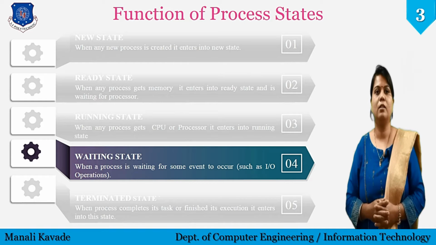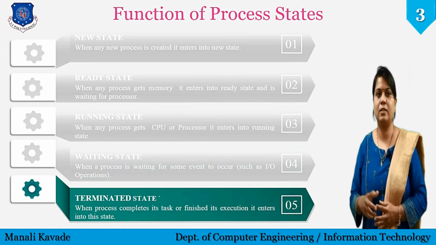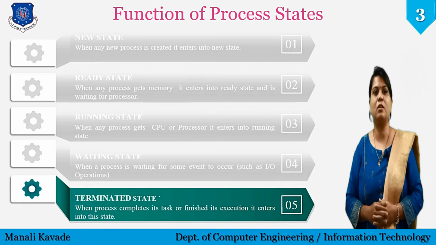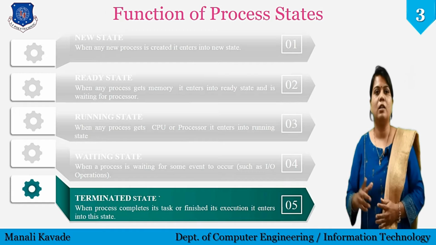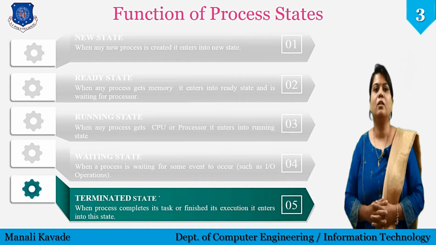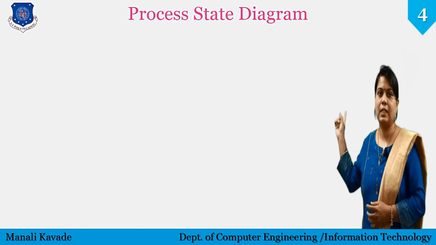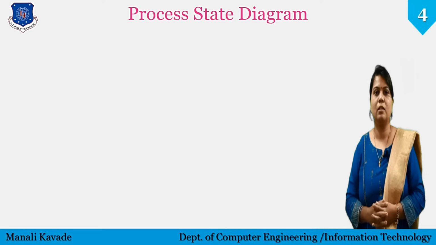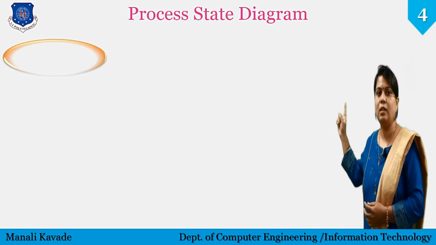Next state, that is the last state, is the terminated state. Whenever the task of a process is completed, it enters into this state, that is the terminated state. And this is the last state of process life cycle. Now we will see state diagram of a process and how it works. So as you can see in the diagram,